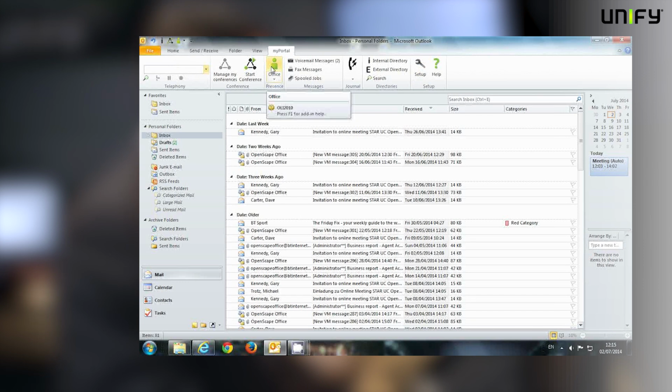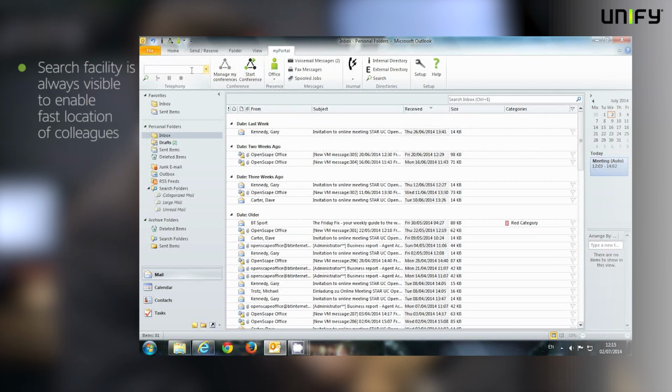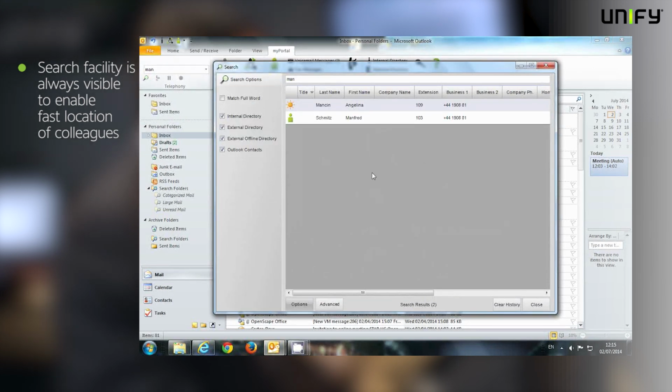I need to call a colleague, I need to call Manfred. So rather than looking up his number or any of the other more long-winded ways of finding him, I'm going to use the search facility. So all I'm going to do is type in the first 3 letters of his name and then click search. And that will open up the search results for me, and I can see all of the people that have got those